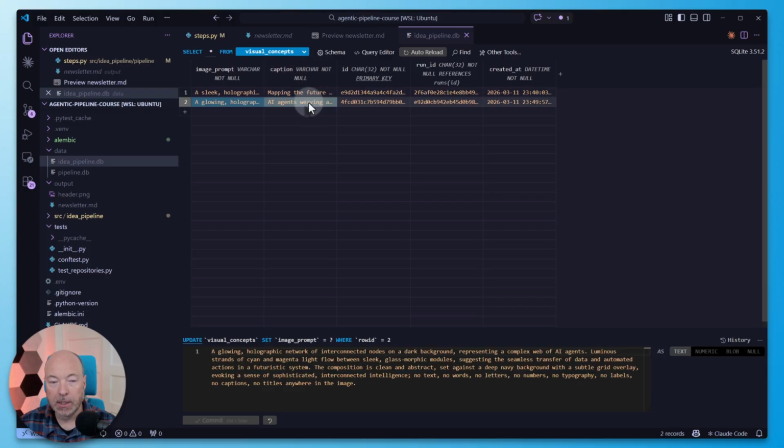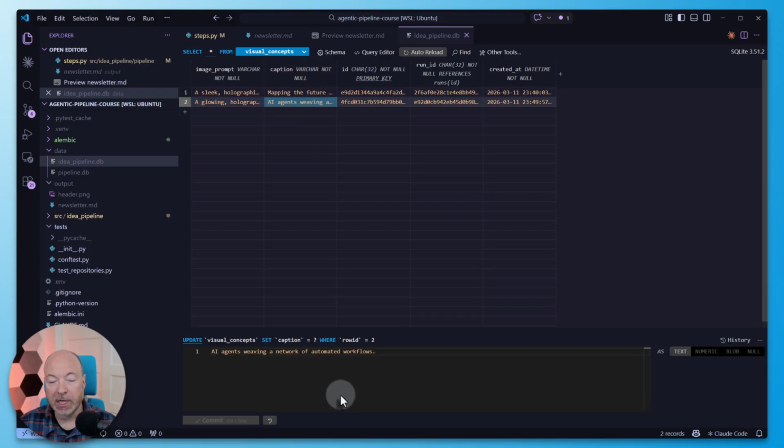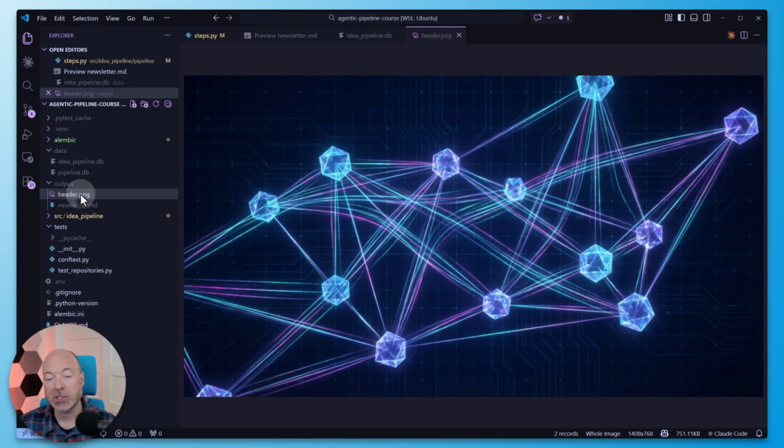Looks good to me. And the caption, AI agents weaving a network of automated workflows. Sounds fairly similar in style to the previous one. I think that's probably because they share the same archetype. Anyway, let's open up the image. Okay, that's much simpler. Just a bunch of nodes with these connected, colorful edges here, and sort of a kind of abstract circuit-like background. I think this is pretty solid, and there's no text, so I think this step is